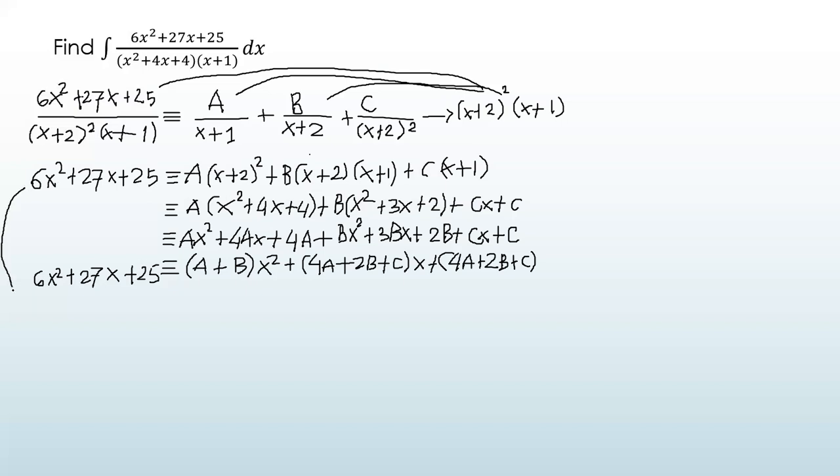Based on this equation, we use x plus 2 and x plus 1. Based on the term x plus 1, if x plus 1 equals 0, it means x equals -1. If x equals -1,